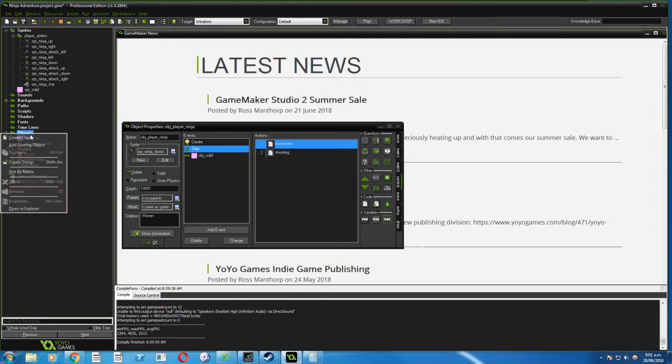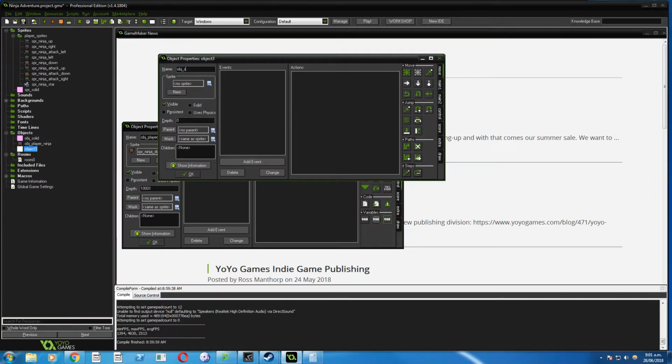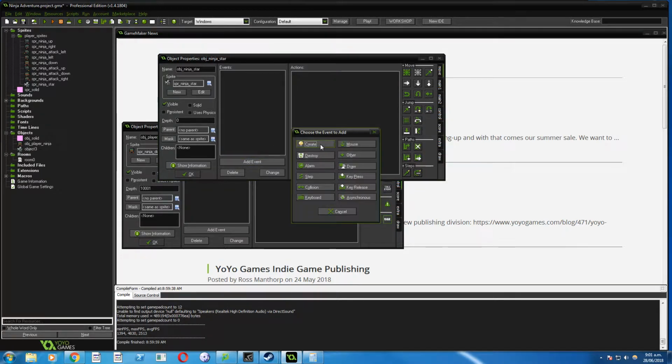Cool. I'm going to create an object for that. OBJ Ninja Star. Grab that Ninja Star sprite. Should be in player sprites, Ninja Star. I'm going to add an event. Actually, we won't add an event for the create, but we will add an other